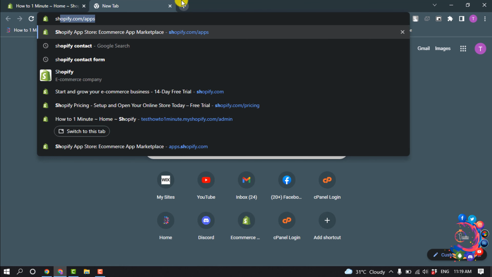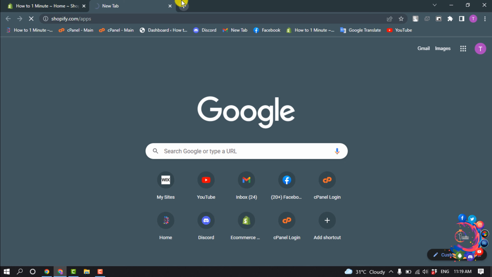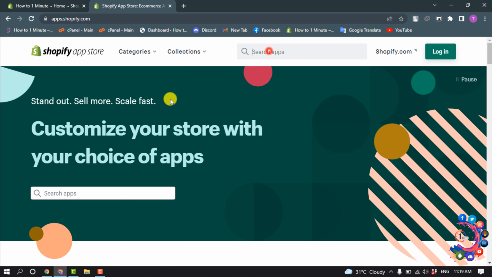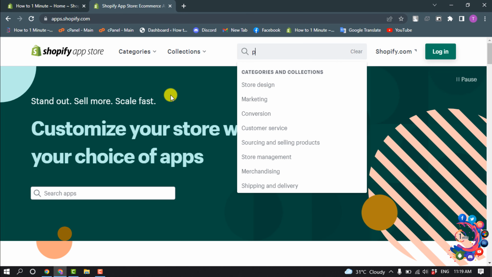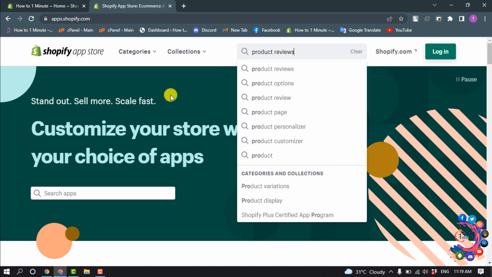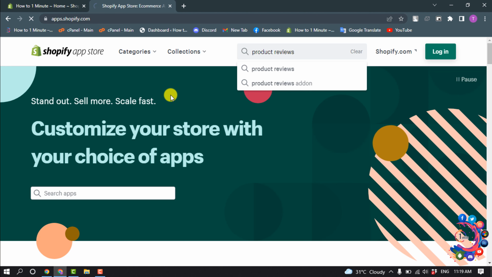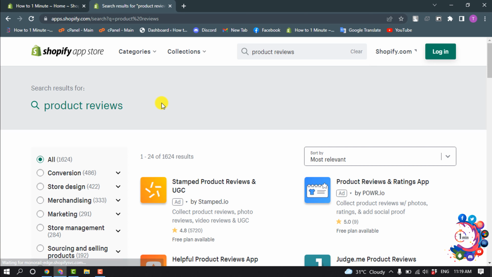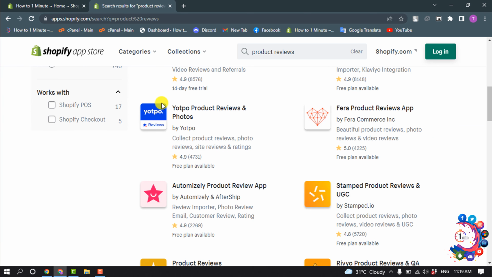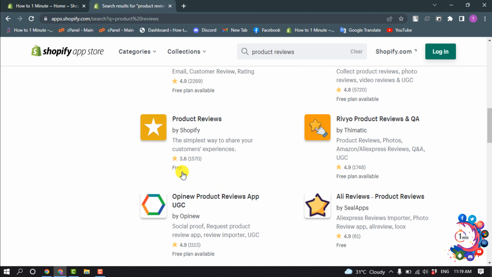So first of all, open the Shopify App Store. Type shopify.com/apps and search here for product reviews. And here you'll find this app, Product Reviews. Click on it